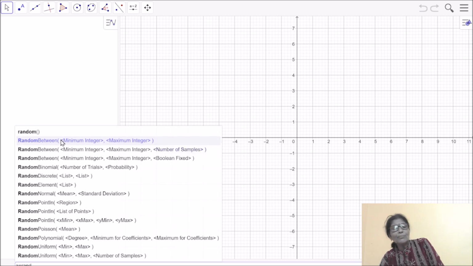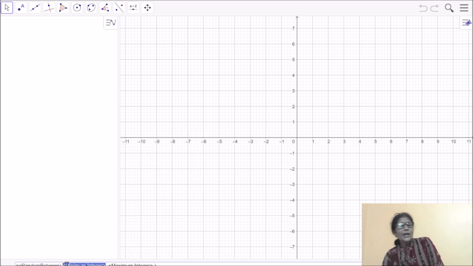So I am taking the minimum integer as -5 and maximum 5.